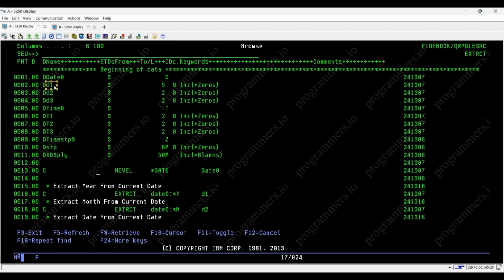D1 5-digit, D2 2-digit, D3 2-digit, time 0 time, T1 2-digit, T2 2-digit, T3 2-digit, time STP0 timestamp, STP 6-packed